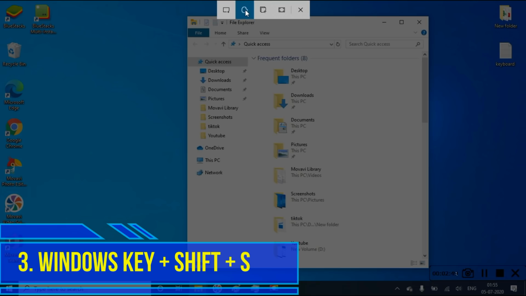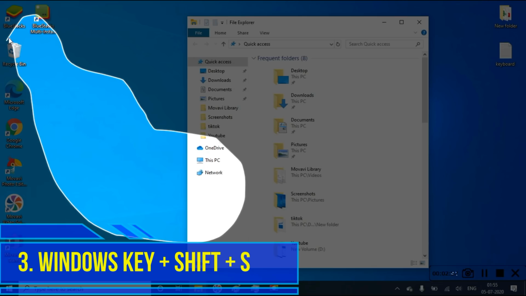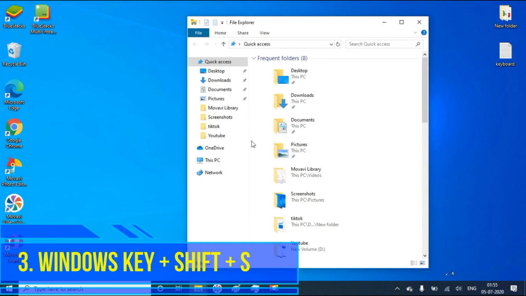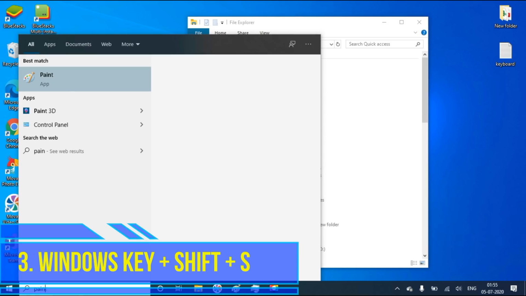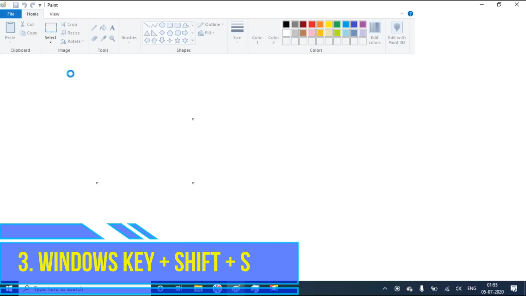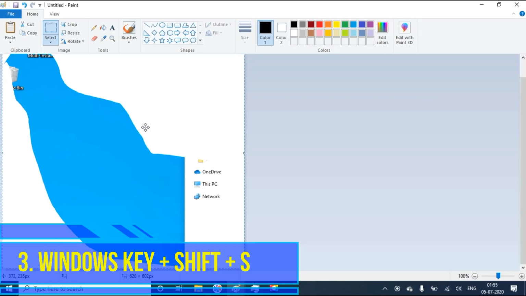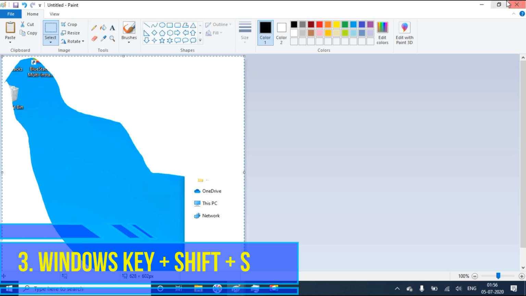If you take free form, you can choose which area you want, like this, and you can paste it in Paint, and you can use that snip.